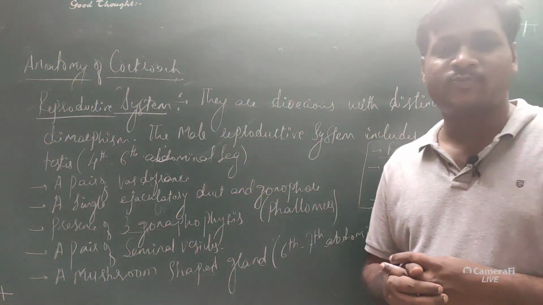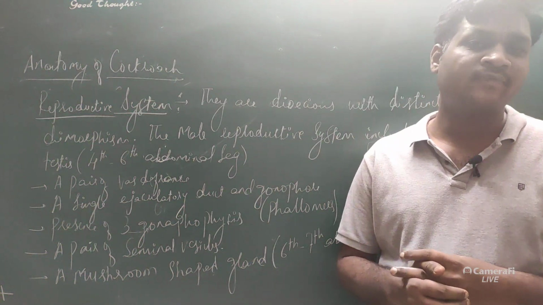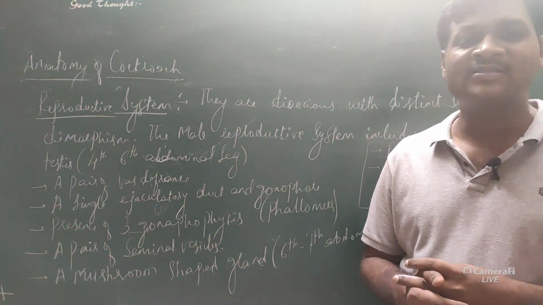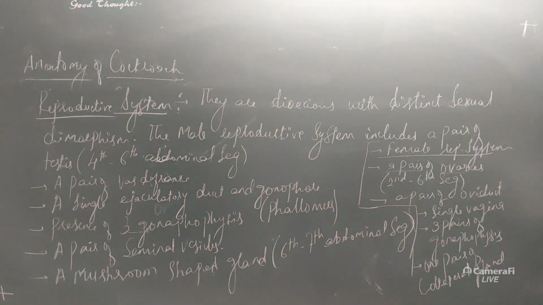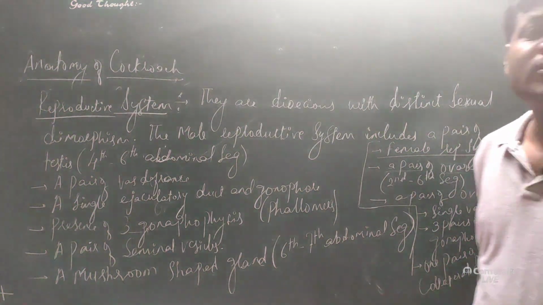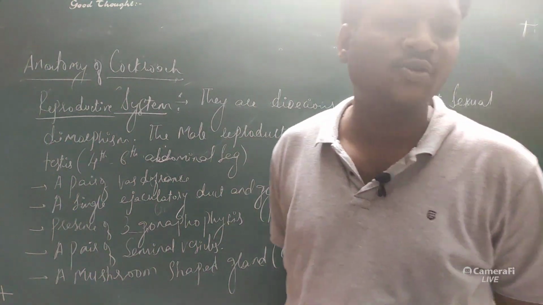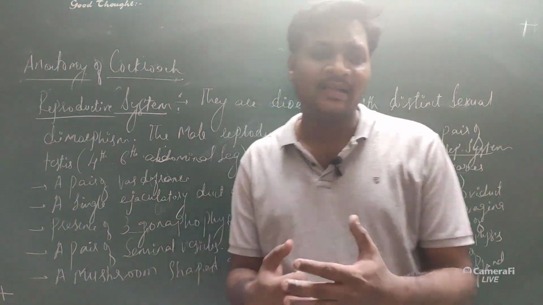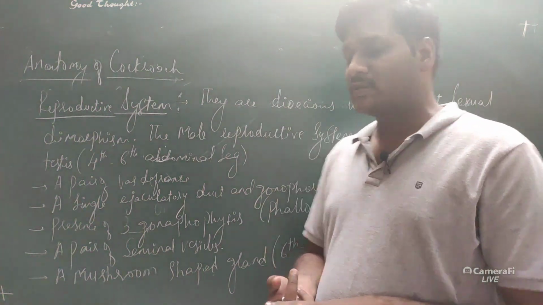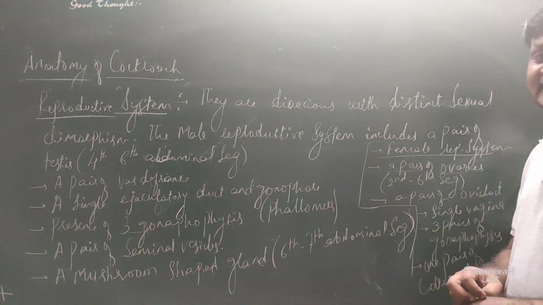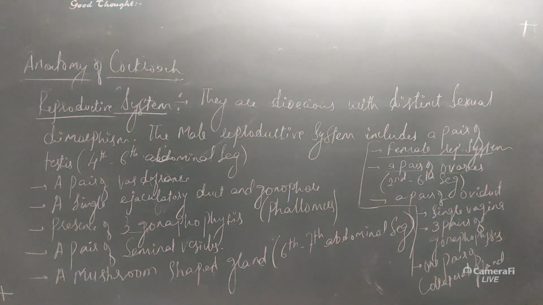Bones are of 2 types, spongy as well as compact, and cartilage is of 3 types: hyaline cartilage, fibrous cartilage, and calcified cartilage. So we have discussed them. Apart from that, we have also discussed muscular tissue. In muscular tissue, we studied in detail the cardiac muscle, skeletal muscle, and smooth muscles. And in neural tissue, the structure of the neuron and the glial cells.